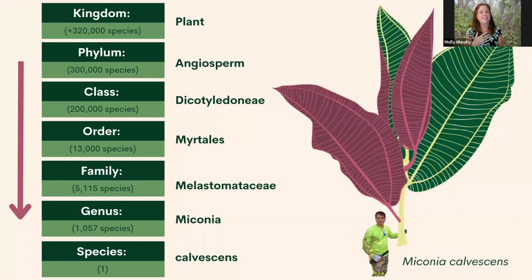So the Melastomataceae is a huge family. So we know it's a plant. We can tell it's a family by its characteristics. And then we get down to the Miconia genus, which is ever expanding. It's getting bigger and bigger all the time, thanks to new work with DNA and taxonomists redefining the lineage. So Miconia has 1,000 species. Even if you can only get down to that genus, it's good to let people or plant apps know that's the genus you have to find it in, and then it's a lot easier to get to the species. Next slide.